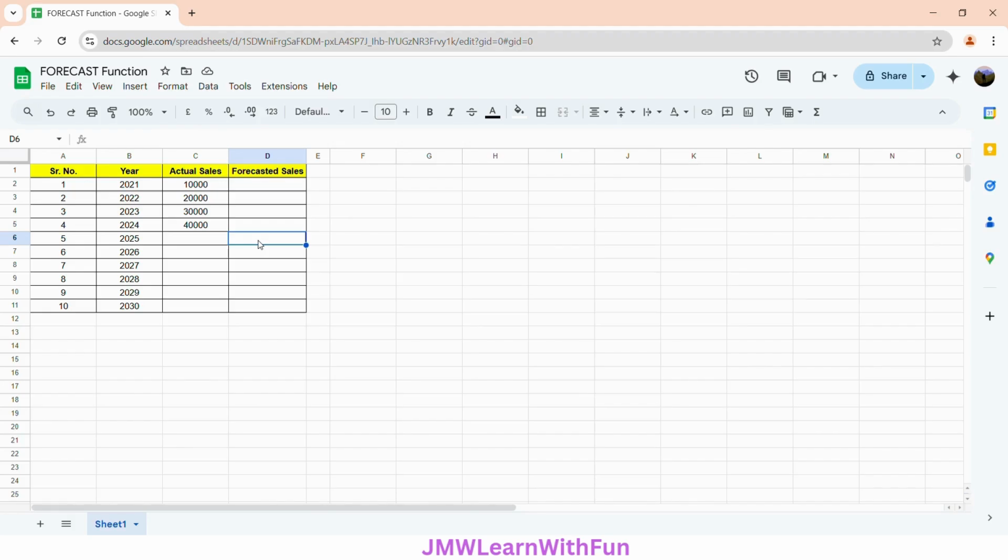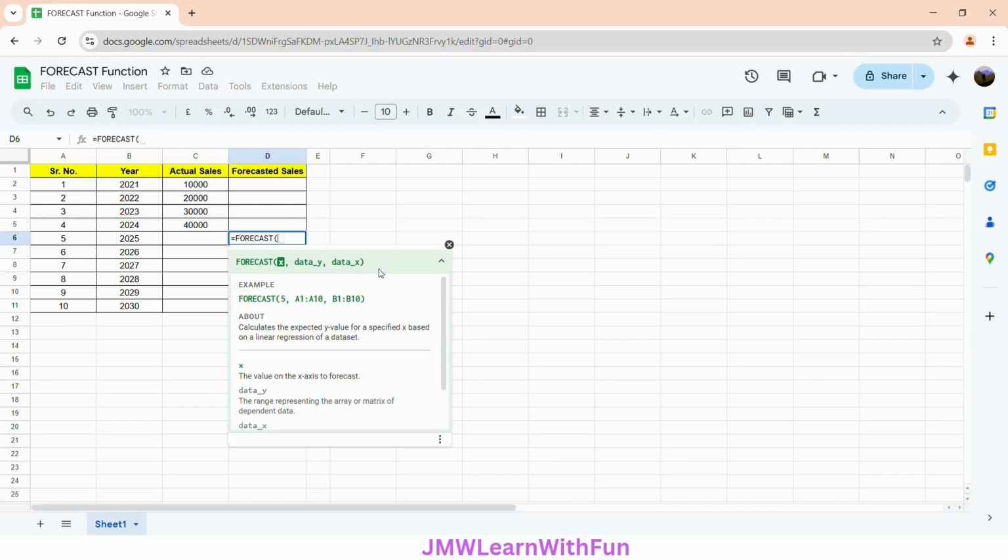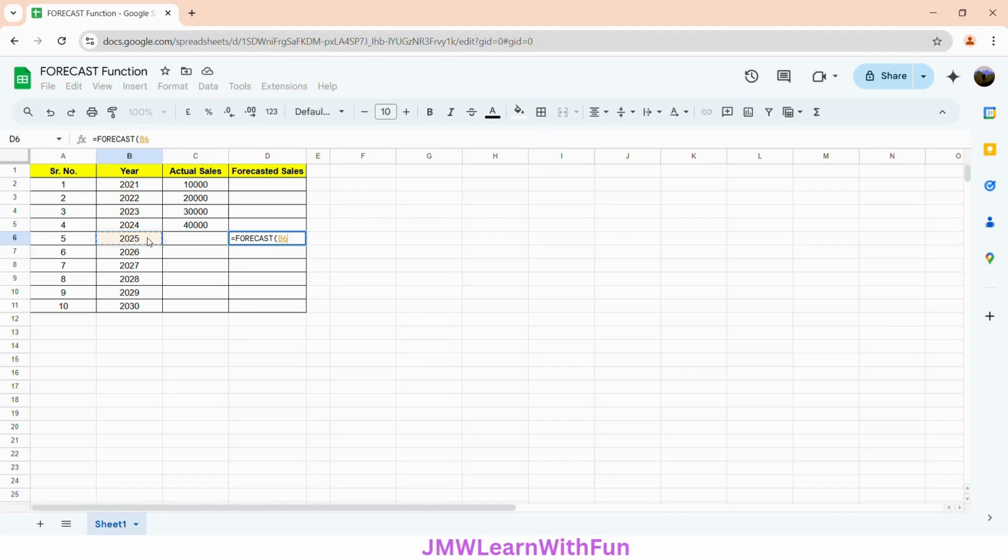We will head to the D6 cell, and we will write equal to forecast. The forecast function gives the expected Y value using linear regression. It takes X, data Y, and data X as arguments. An example is shown. For our case, X is the year 2025, the year for which we want the forecasted sales data, which is given in the B6 cell. So we will write equal to forecast B6,